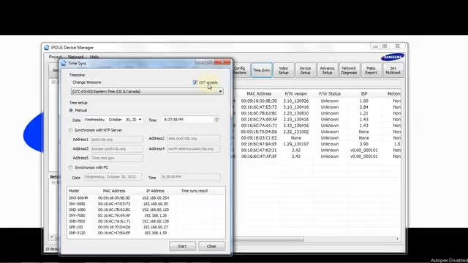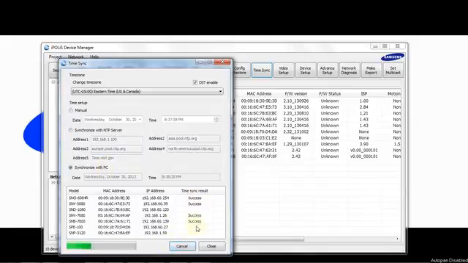if we want to make sure that the clock is correct initially, we can manually set the time and date, or a better option is the one-time sync with the PC's current time and date. Or if we're using an NTP server, we can sync to an NTP server either on the internet, or it might be on the local network, or it might be your NVR's IP address. Either one. And then once you're all set, you hit the Start button,